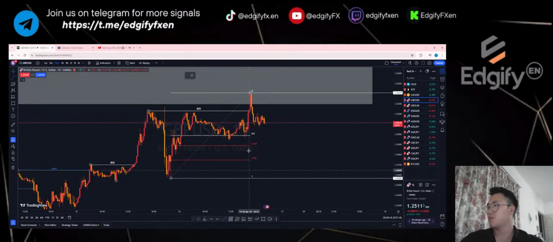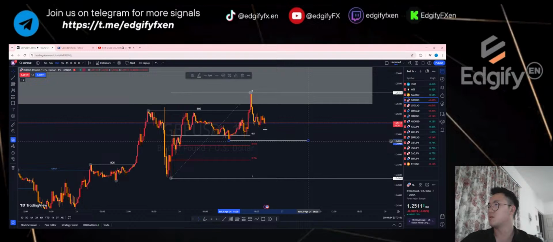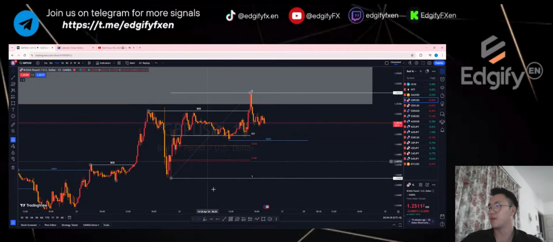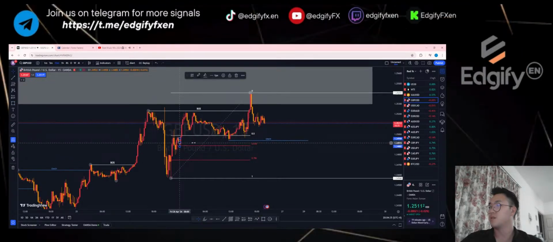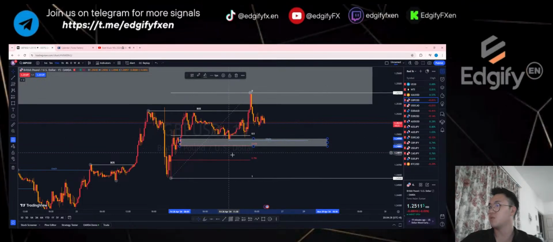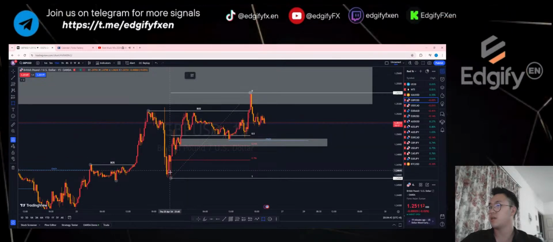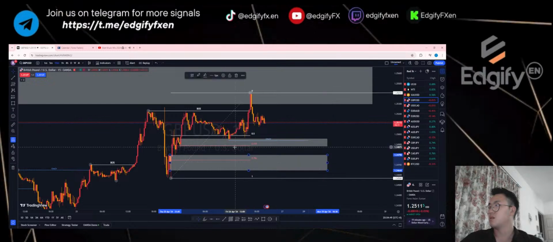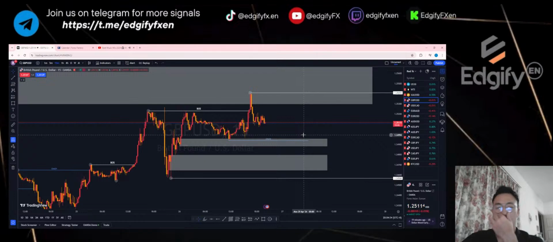On the hour 4 right now, if I'm going to be a little bit aggressive, I'll be looking somewhere here for a short. But we'll see if this is going to go up again, because on the 15 it's very clear that it's an uptrend movement. This zone here has been mitigated once, and we have another one here which also has been mitigated, and this one here has not been tapped in yet. So we'll see if something could happen on GBPUSD.